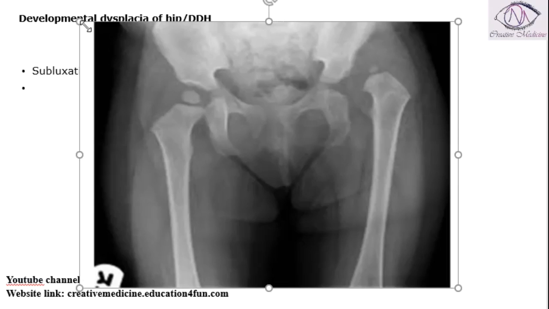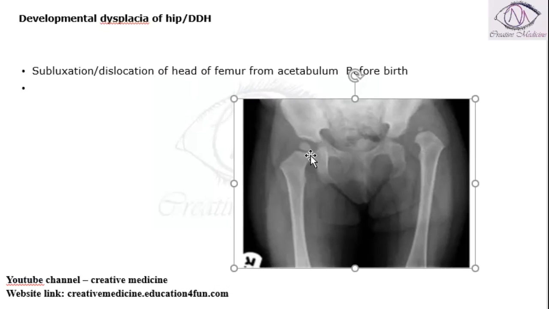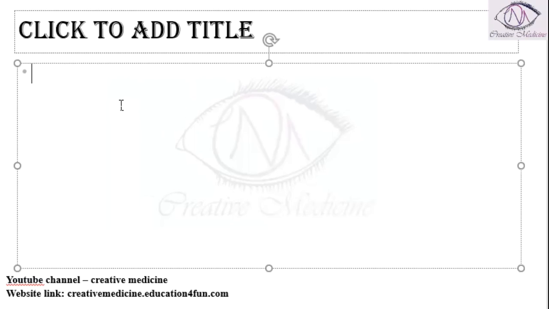So this is the head of the femur, and this is normally present in the acetabulum, but here on this side the head of the femur is dislocated from the acetabulum, and this occurs before birth. This is actually associated with